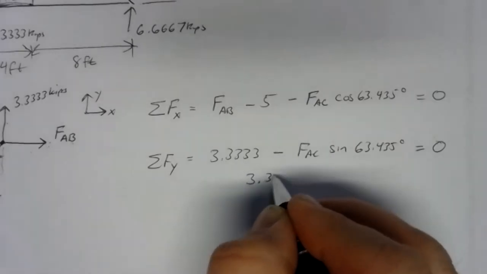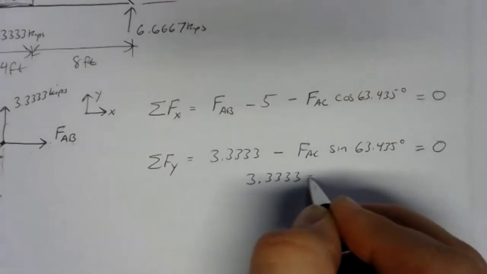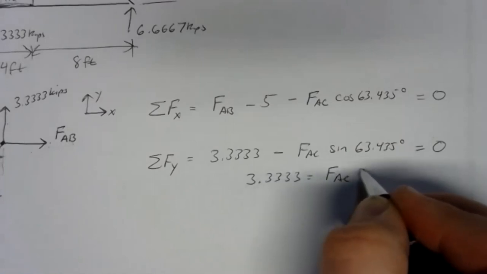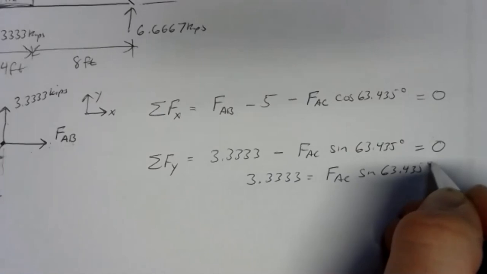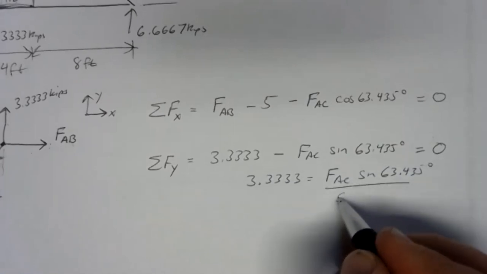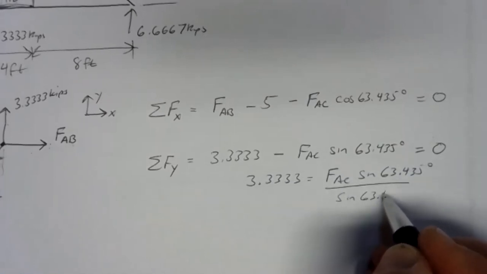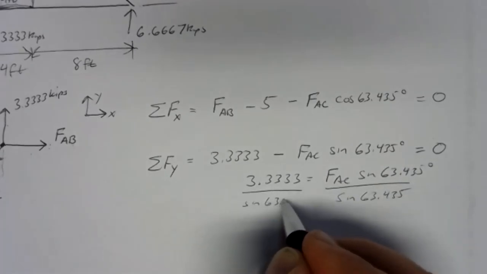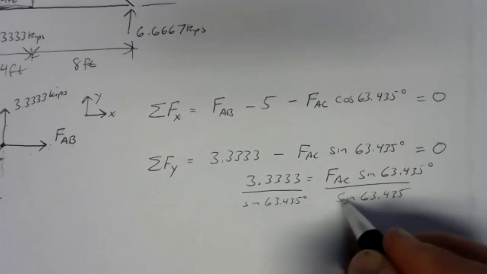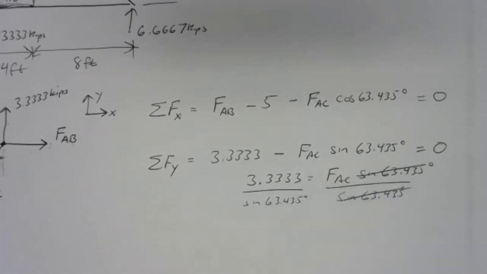We'll get 3.3333 equals FAC sine 63.435 degrees. We can divide both sides by the sine. That'll cancel out the sine on the right. And if we go to our calculator, 3.3333 divided by the sine of 63.435,